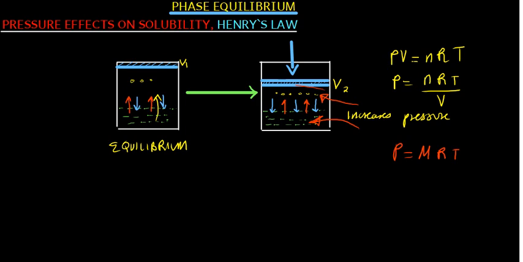That is because if the pressure on top of the solution does increase, that increases the rate at which these are going to be going into solution. It increases the rate at which the gases are going to go into solution. Because we are having a lot dissolving in solution, we are increasing the concentration of what is in solution there. So basically this is what happens. And if we can consider carbonated drinks, for example,